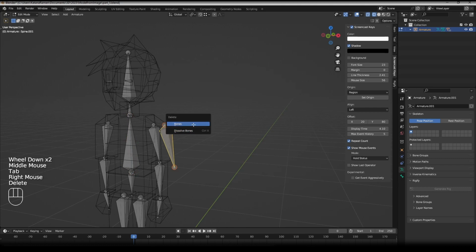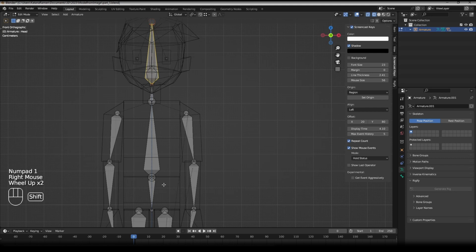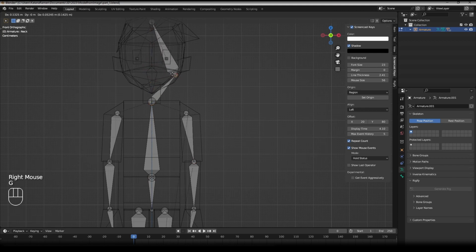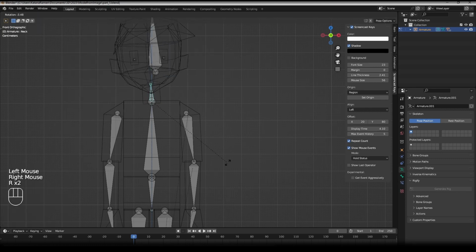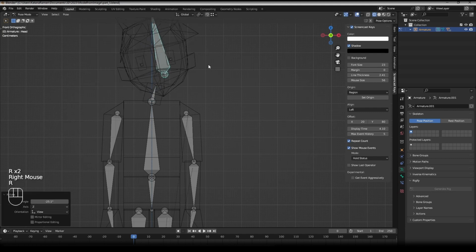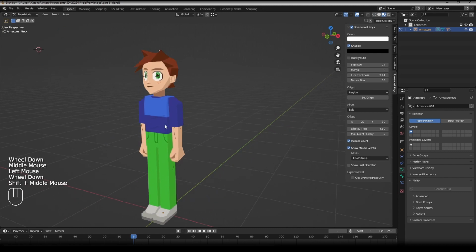Another issue involving parenting is you might have parented the wrong thing. Let's say we've parented the head to the arm. We can see this line here, and that tells us something about how these are connected. So we can do an Alt-P to clear the parent, and there we go. Now we can reassign it. Actually, that goes here. We don't even need to clear it. We can just do this, and let's hit connect. If we didn't want this head connected here, we can disconnect the bone without clearing the parent. So it's still going to have this hierarchy where if you rotate the neck, then the head rotates. So those are some basic issues